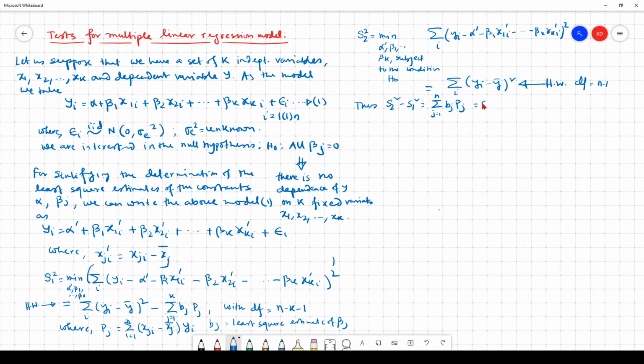This is equal to the SS due to multiple linear regression, which is SSR, with degrees of freedom equal to K, and S1 square is the SS due to error. We denote this by SSE. Hence, for our data,